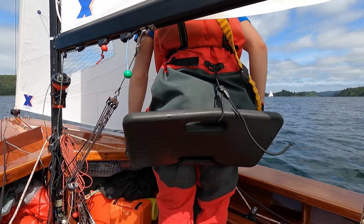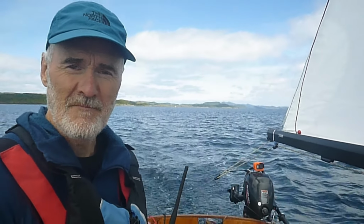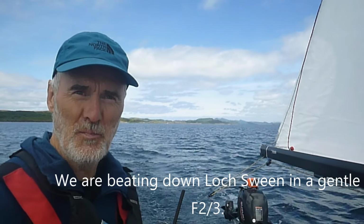Movable seats. Right, Matt, where are we and what are the conditions? We're on the west coast of Scotland. We are beating down the